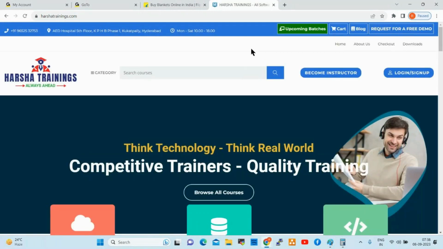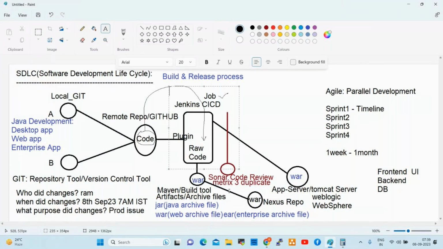So in non-live applications, the WAR files will be stored in the Nexus repo. Whenever we have a release, meaning a deployment, by that time these WAR files will be pushed to the application servers and we deploy onto them.